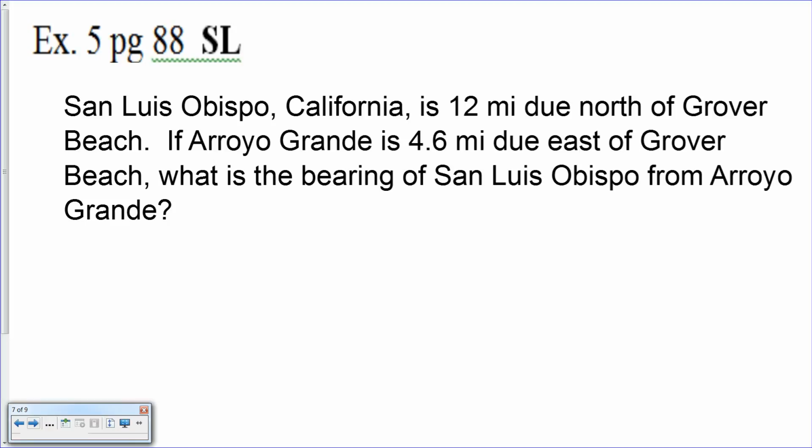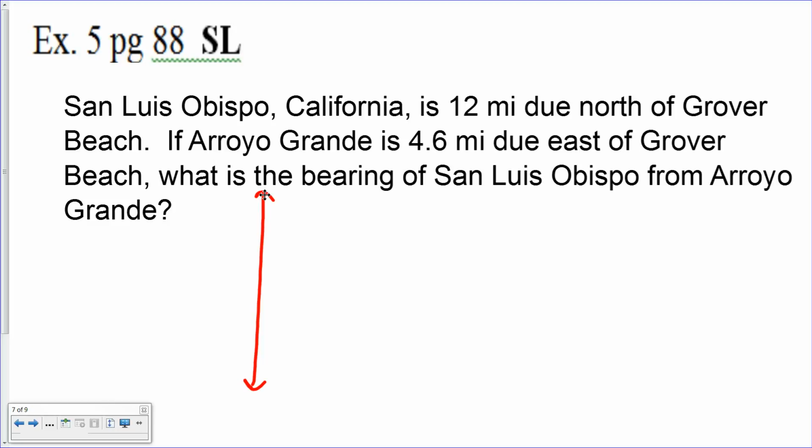Now, that's a lot going on in this story problem. You're going to have story problems that, if you read it one time through, you're going to be like, where do I even start? The place that you start on these bearing questions is to drop a north-south line, and that can get you in the right direction. So that's what we're going to do. We're going to drop a north-south line,